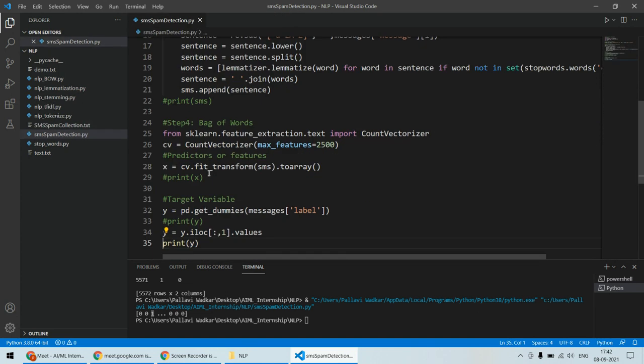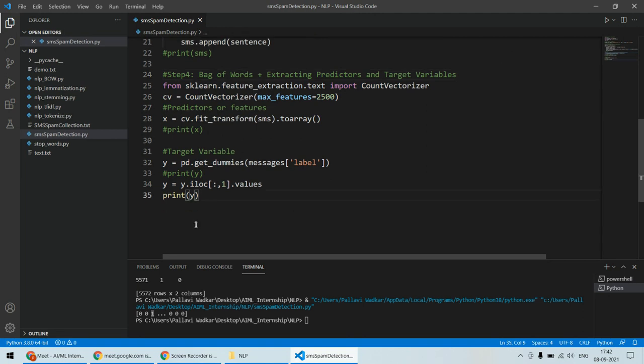और जो प्रेडिक्टर वेरिएबल्स है या फिर जो इंडिपेंडेंट वेरिएबल्स है, वो सारे वेरिएबल्स मुझे एक्स के अंदर मिल चुके हैं, और बाकी का जो डिपेंडेंट वेरिएबल है दैट इज नाउ इन y। so now this is bag of words, or I can say plus extracting the predictors and target variables। तो यहाँ तक तो हम आ चुके हैं, और यहाँ से आगे चालू होगा अपना मशीन लर्निंग का काम।